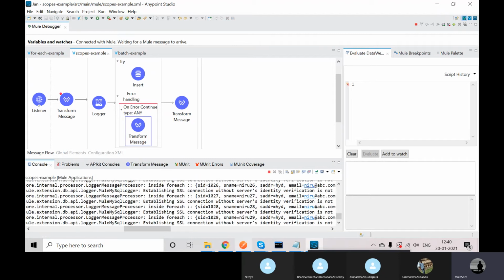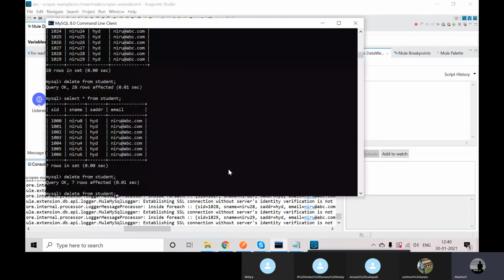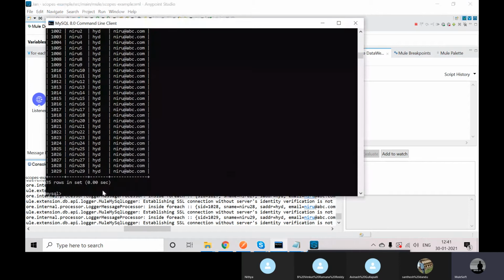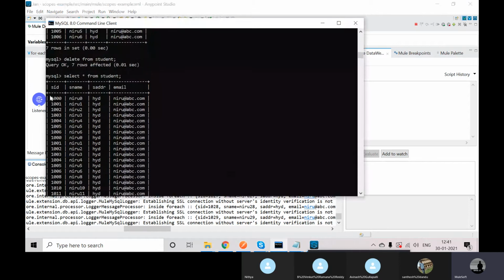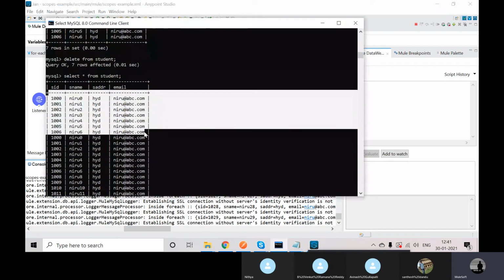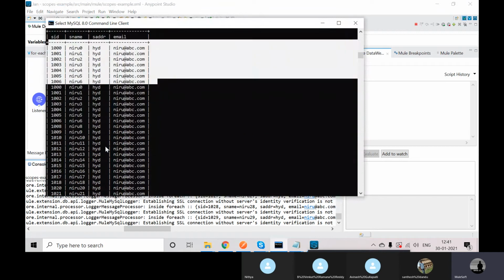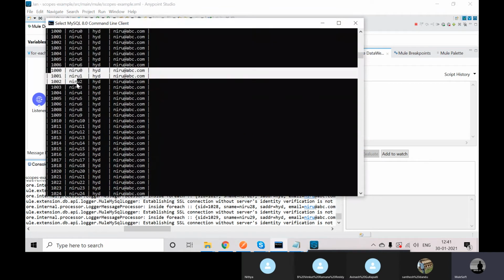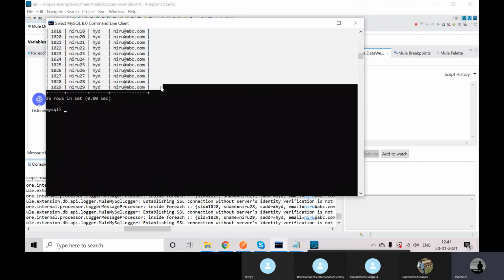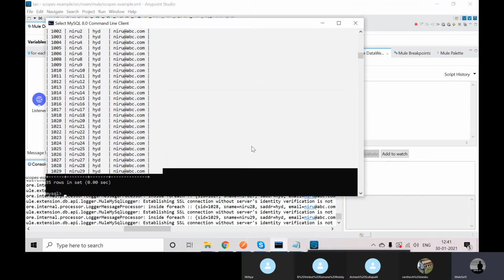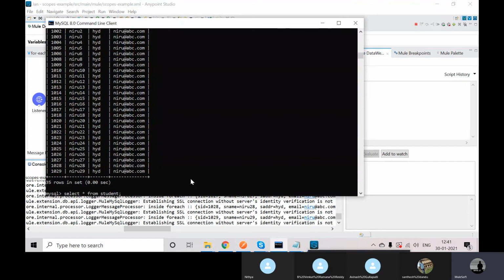In the database also you can see only 28 records will insert. Okay, select star from student. Now you can see 35 records, meaning previously 7 records were inserted already. That's why it is showing 35 records. So from the first record onwards it is inserting here. These are the 28 records. Okay, in this way it will insert. Otherwise, if you want to see one more time, I'll show you, no problem.